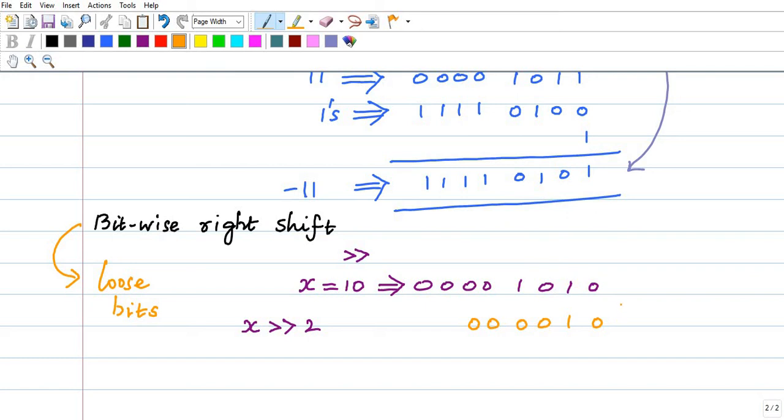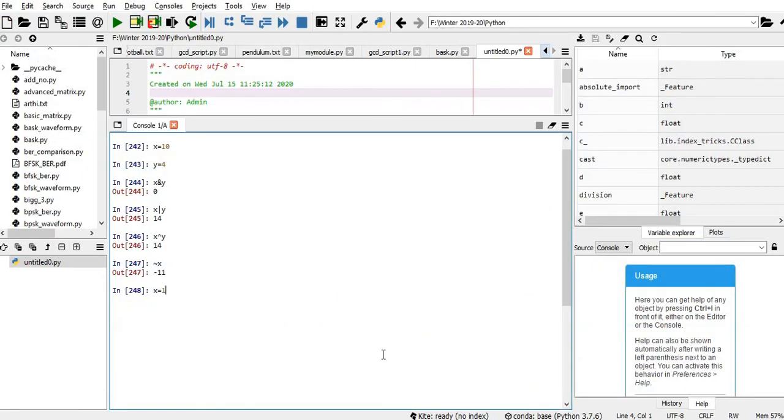But this 10 will go, and the empty places I'm just filling with 0. So this four zeros and 0010 is nothing but 2. Let me verify this using Python. x is 10, x greater than 2, and I'm getting 2. It's the correct answer.